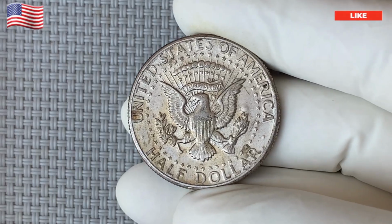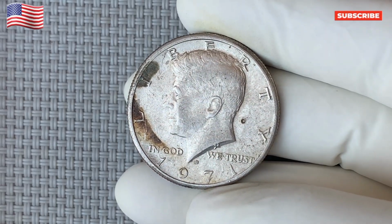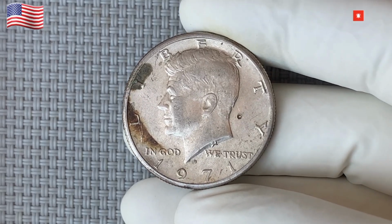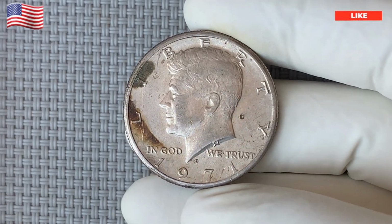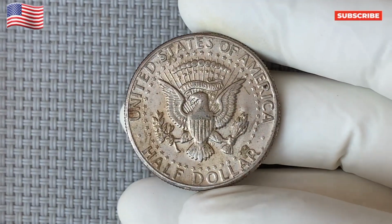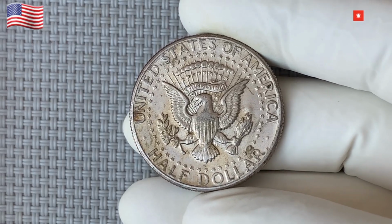For most people, a 1971 Kennedy half dollar in good condition is not worth much more than face value. However, the coin's true worth is determined by several factors, including its mint mark, the condition it's in, and, of course, any potential errors or rare variants. If you're lucky enough to have one of these coins in your collection, you'll want to take a closer look